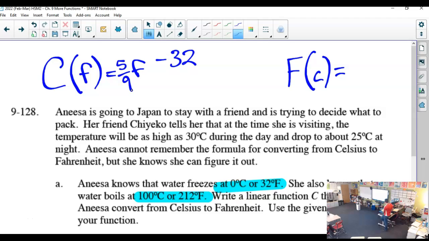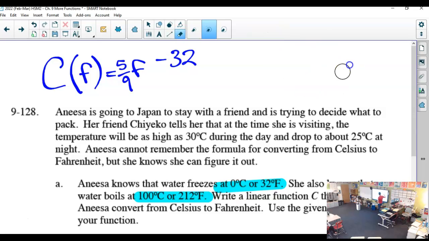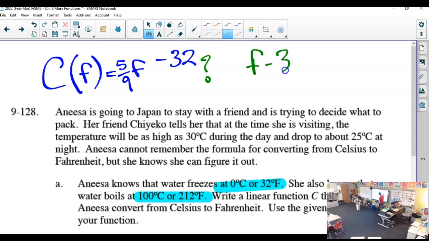Thanks, Chrissy. All right, so when Fahrenheit is 32, we need to subtract 32 and get back to 0. But I think if I put 32 into that formula, the 5/9 is going to mess with it. So I think we need to do something else. Maybe we put in parentheses the F minus 32. So maybe instead we do F minus 32 in parentheses, and then times 5/9. Yeah, I think that's how it goes. Try that. What's 212 minus 32?